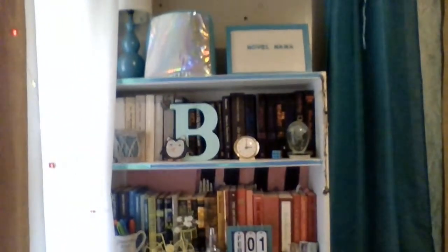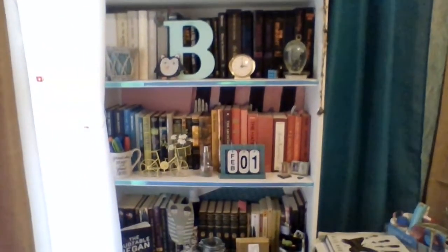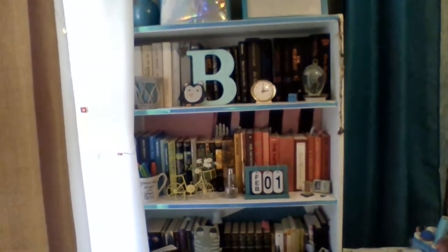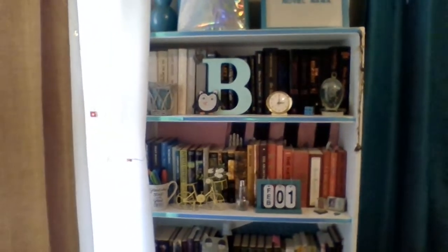Then over here on this side, oh, let me see. Can you guys see that? I don't know. Okay, so I tried to do the whole color coding thing for this shelf with my books, but I'm really not liking it anymore, so I'll probably redo that. But anyway, so I have,